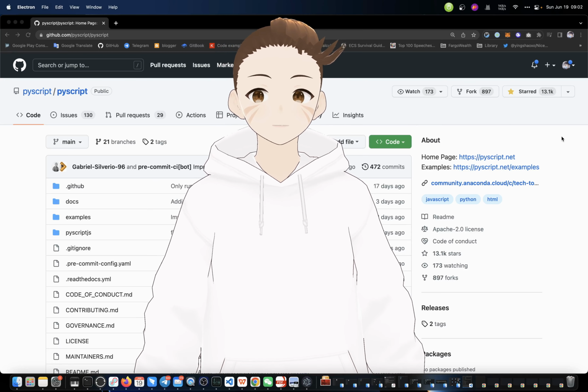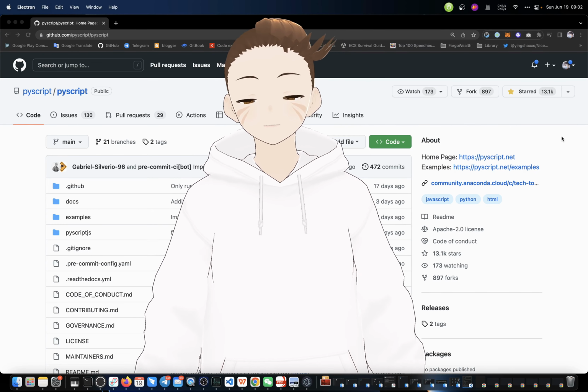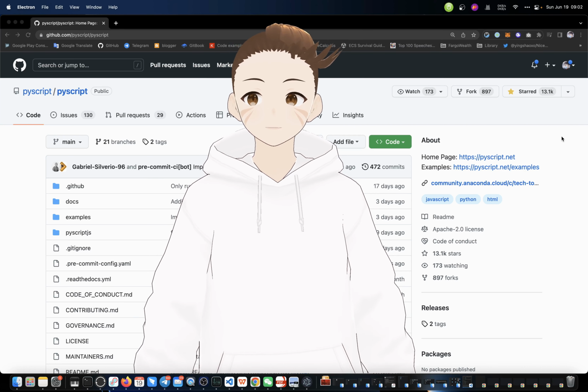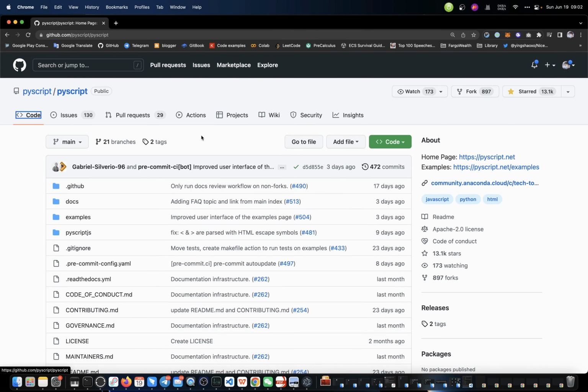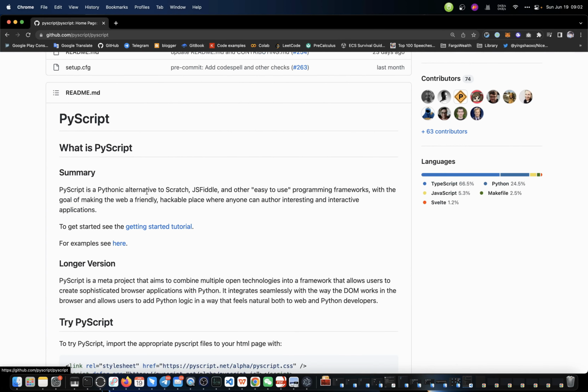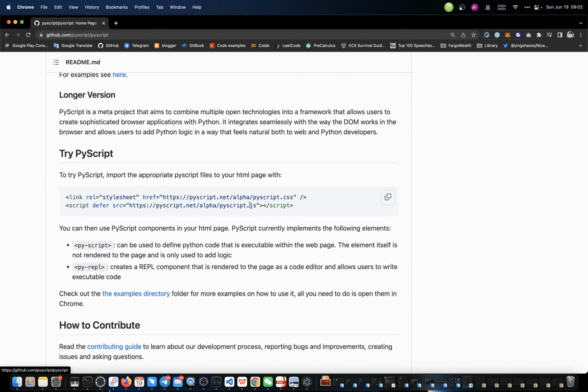Well, today I'm gonna try to do some exploration. As you know, I always wanted to do some exploration because I'm so curious about new stuff. So let's go. Today we're going to explore PyScript. What is this? It is a Pythonic alternative to JavaScript, so that we could run Python code inside